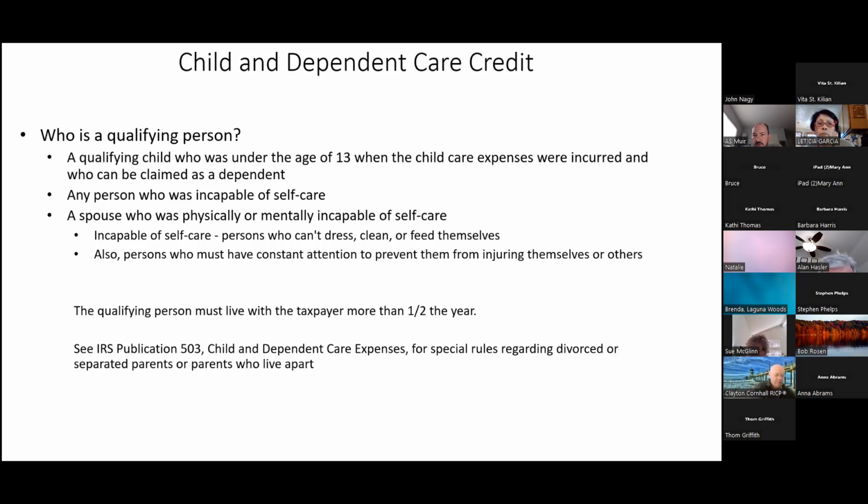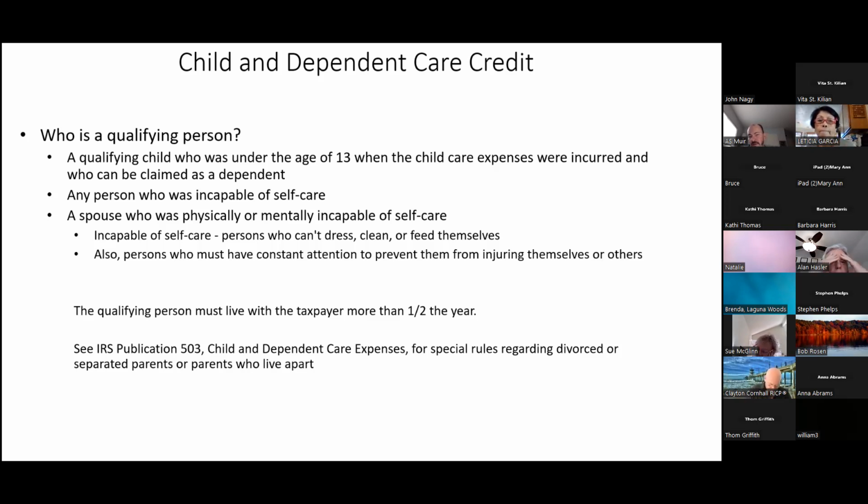And I don't know what the rules are in the state of California, but I don't think you can leave a little kid in your house and go off to work and there's no one there. That's a bad thing, and you're probably violating at least one or two laws. But the bottom line is you're dropping your kid off at the daycare center, and they've got to be under 13. So if your child turns 13 during the year, all those previous payments that you've made to someone to watch your child are included in the computation for this non-refundable credit.